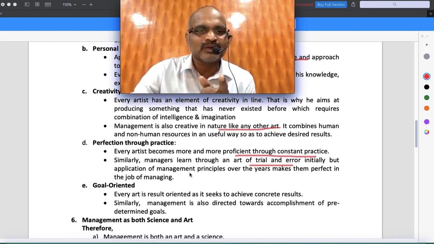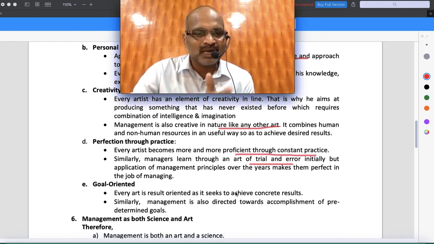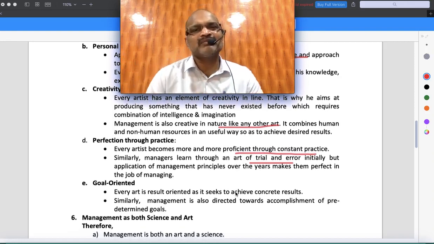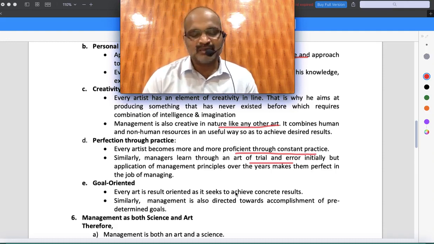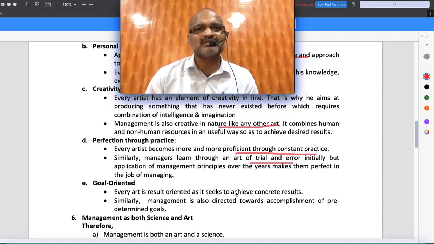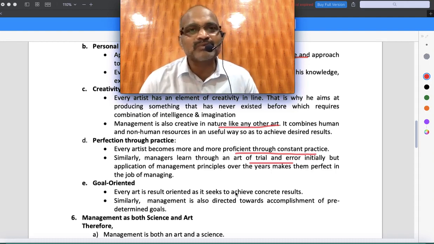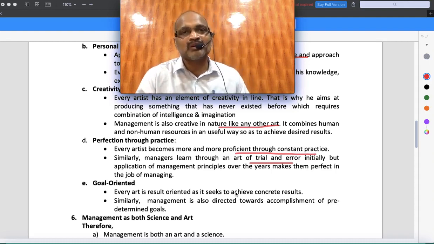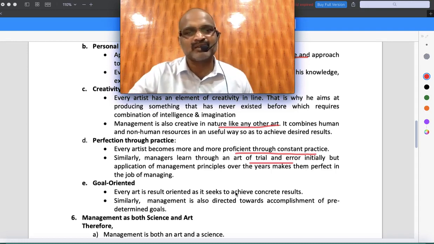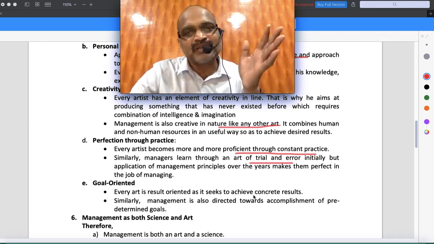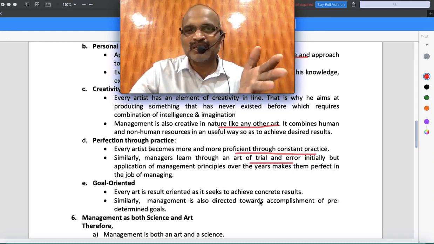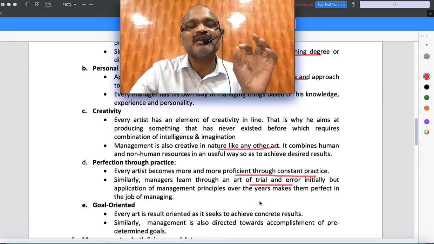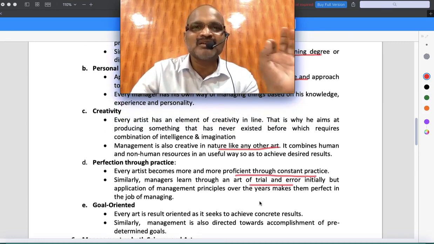That is one thing. Goal oriented. Just like artists have a goal, management also should have a goal. If I'm a manager, suppose I want to manage a coaching center, then I'm conducting study hours, I'm conducting exams, I'm giving material, I'm revising, and so on. So many things I'm doing. All these things I'm doing because I know one thing: I want one of the students to secure a rank, all India, and so on, right? So just like that, every manager has to have a goal. An artist will have a goal, so a manager also will have a goal. You understand? Now, taking these things into consideration, we can come to a conclusion that management is an art as well.